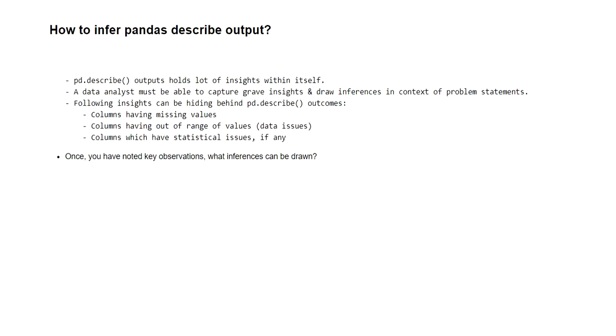The describe outcome can also tell you about data issues, if any, in any of the columns. If you are confused about what we mean by data issues and how we should look at that, I'll give you one example. Let's assume you have some data with you, and you have called pt.describe on it. One of the columns in the data is the age column, and pt.describe shows that the minimum value of the age is, let's say, 0.5.